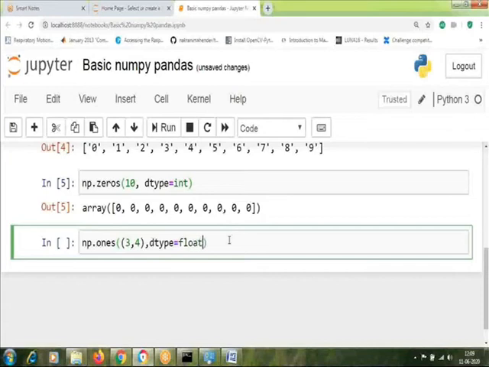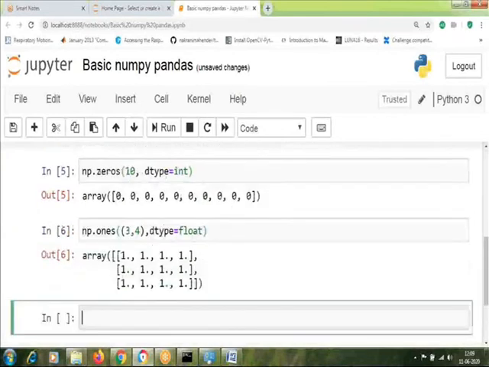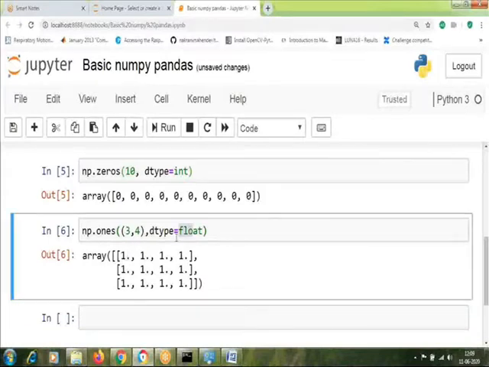Then press enter. You can see the difference between int and float: for integer, there is no dot, so the decimal point is not considered, whereas for float, decimal points are considered. That is the difference between int and float. And you can see this has created a matrix of 3 rows and 4 columns with all values 1.